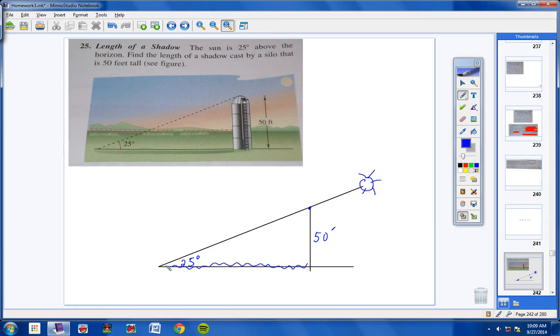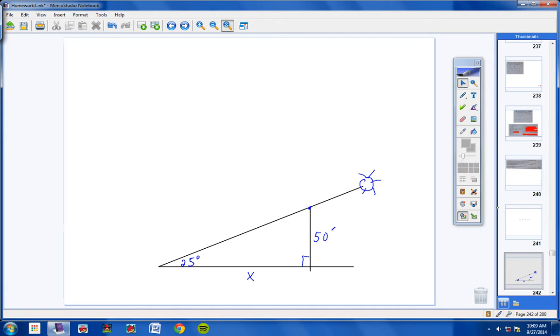So when it says find the length of the shadow, that's what you're looking for, the length of the shadow on the ground. So we're going to call this X, and this is really a simple problem. You should have no problem seeing the right angle here. So there's the right angle. I'm going to move this out of the way to get a little space. Okay, and so here we go. Here's your angle. We're dealing with opposite side 50 and the adjacent side X. So right away you realize that when you're dealing with opposite and adjacent,